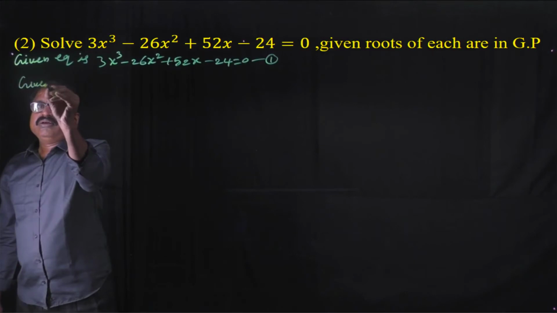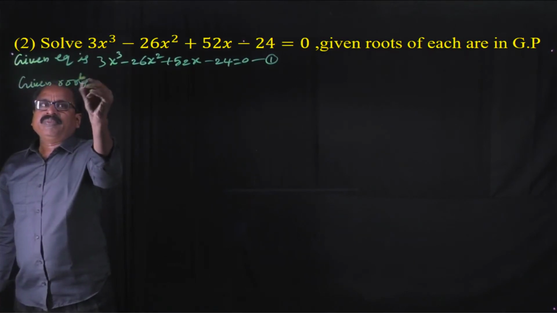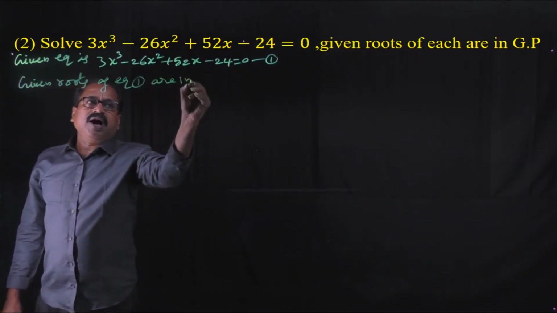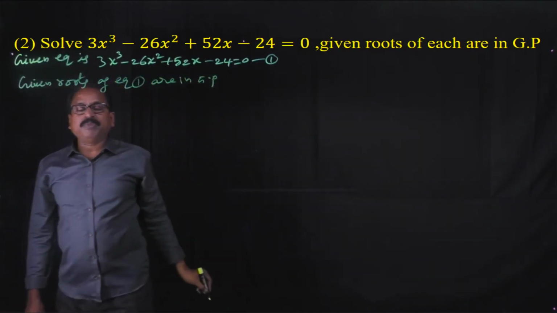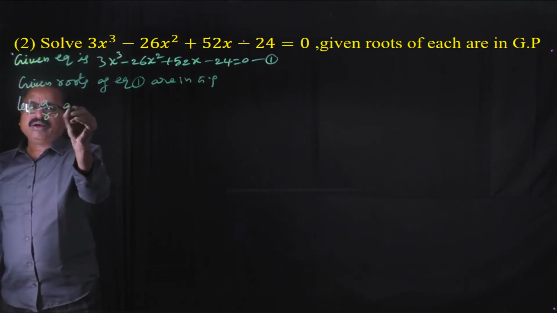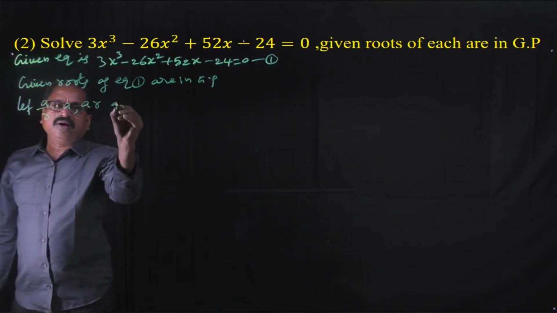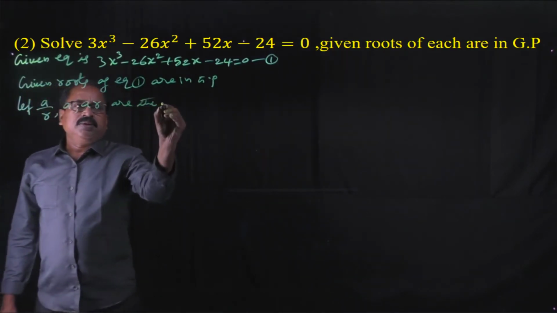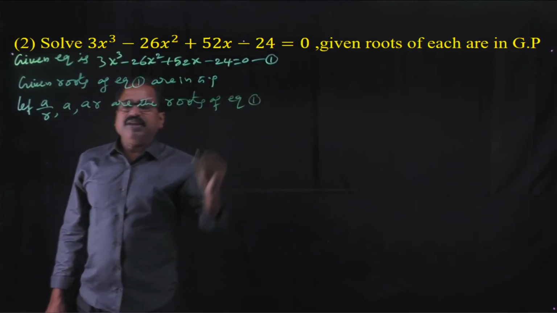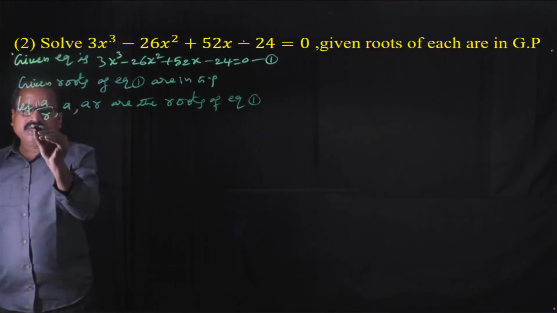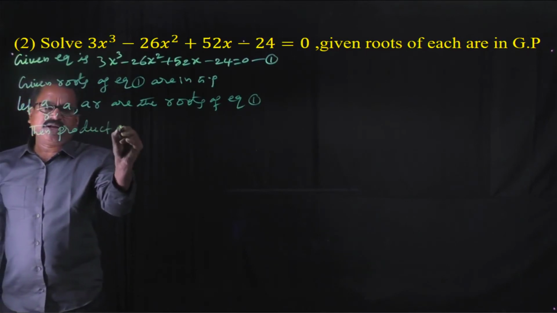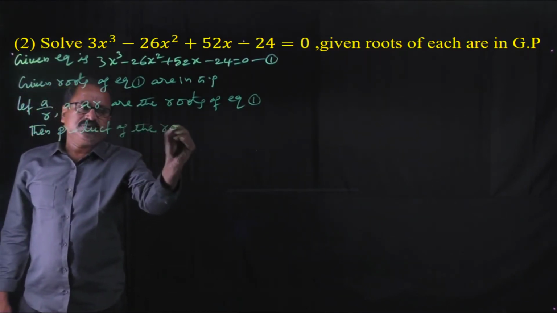Given roots of equation 1 are in GP, geometric progression. Let a by r, a, ar be the roots of equation 1. Then product of the roots: